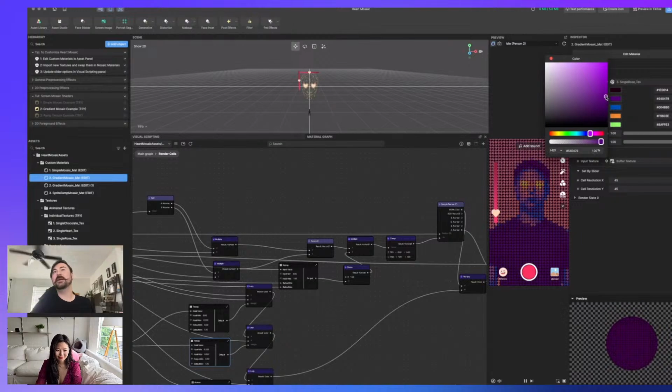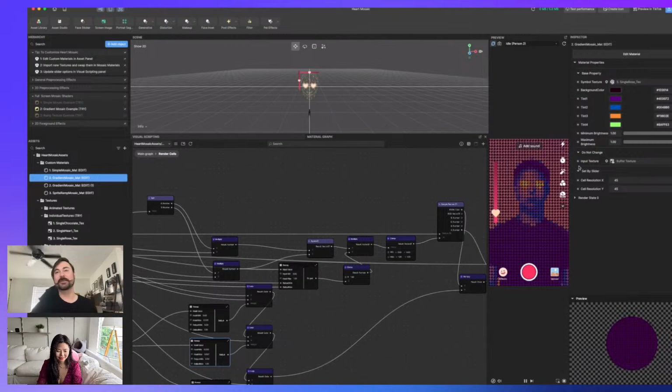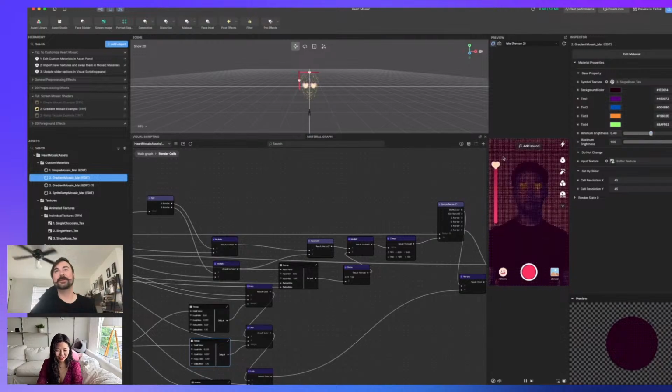And then if I was to make this a dynamic version, watch this. This is the cool part. The minimum brightness, if I stop clamping this to 1 like it is, and I bring it down, the symbols can change size. So then it reveals more of the background. That's really cool. I love how you can do it so simply, but it works so well, so smooth.